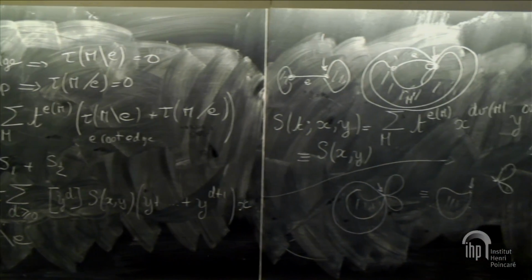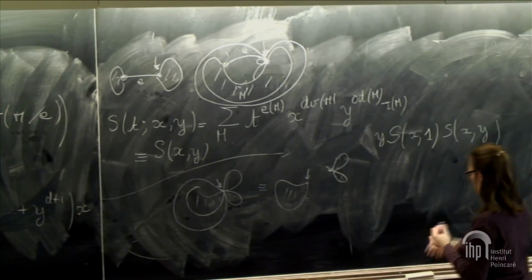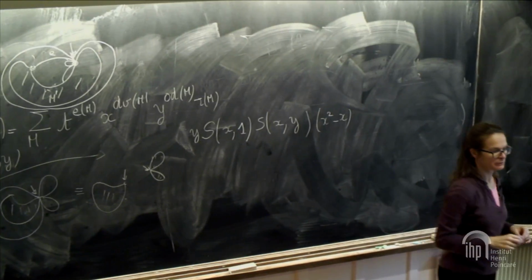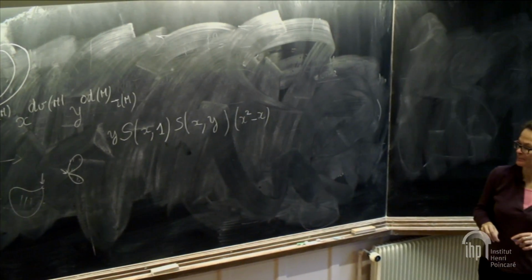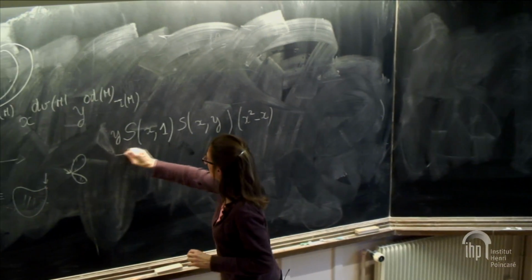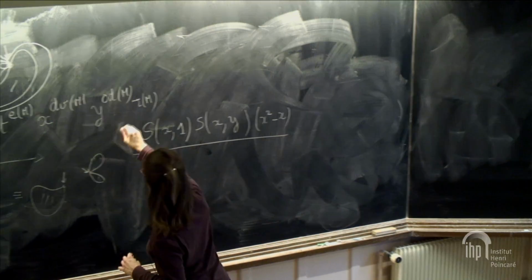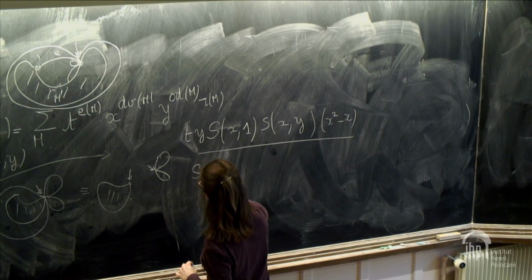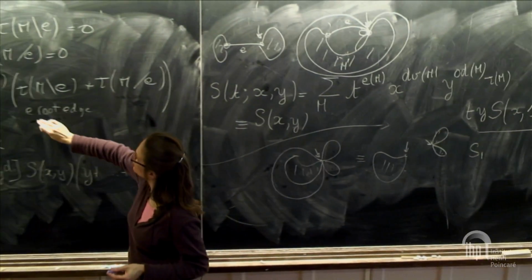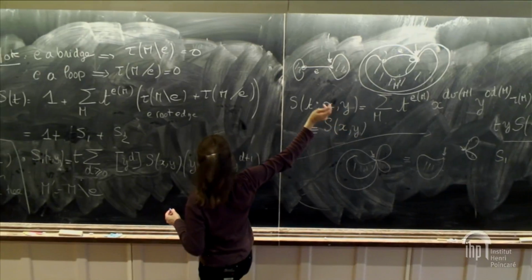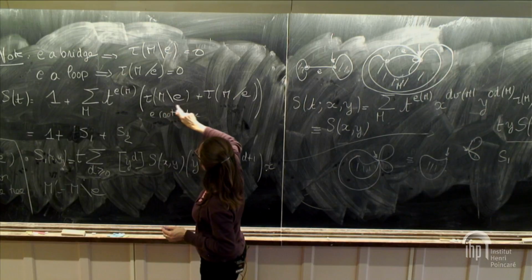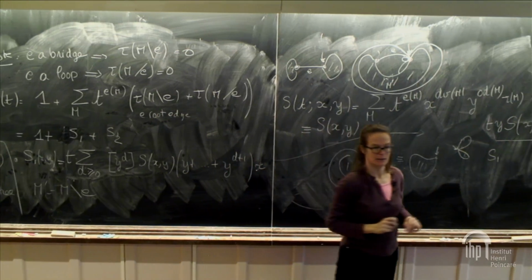So what you should add is not x squared, but x squared minus x, to correct what we've done earlier. So to summarize this, and then there's a t. This S1, which was the sum over all maps having at least one edge of t to the edge number, x to the vertex degree, y to the face degree, times the number of spanning trees of M minus the root edge,